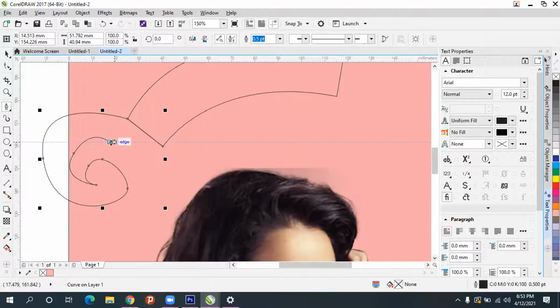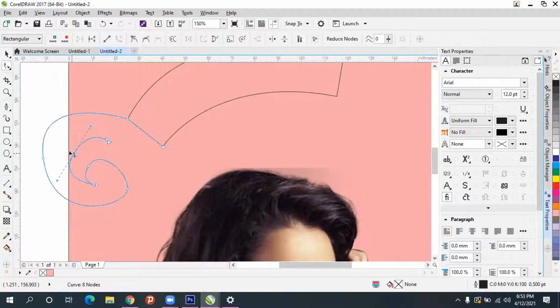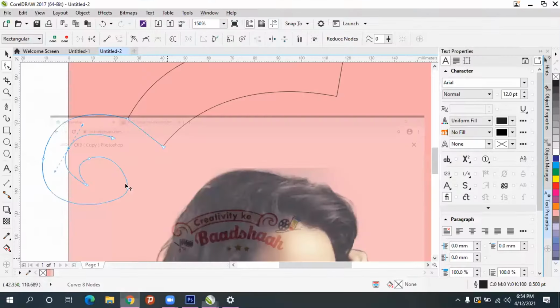Like this only, no? Then adjust with shape tool. How is it looking? Yes.